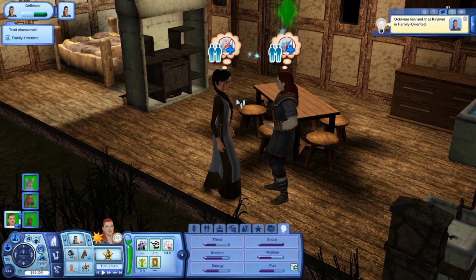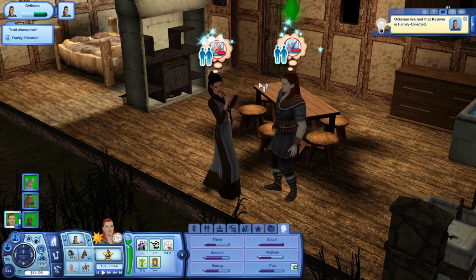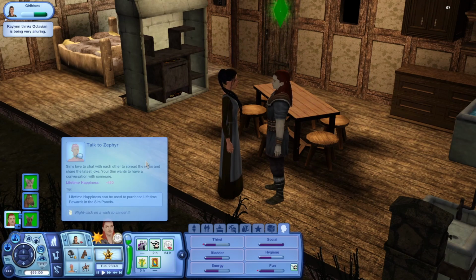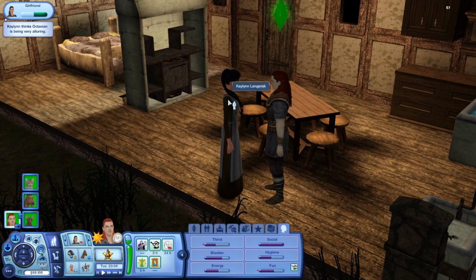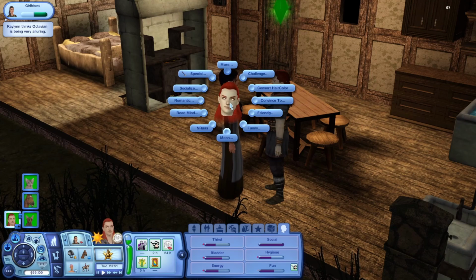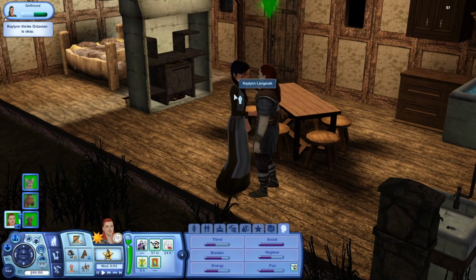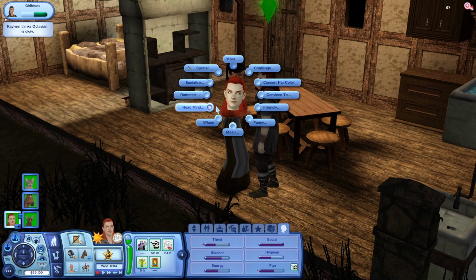Zephyr lives in the area too, so I'm hoping. Oh no, they just found out they have some mismatched traits. What I was saying though is Zephyr lives in the area, so I'm kind of hoping if we stall a little bit with Kaylin that Zephyr will go home too, and we'll be able to have a conversation with her as well. I'm not sure they're going to do anything more, so let's go ahead and we are going to...